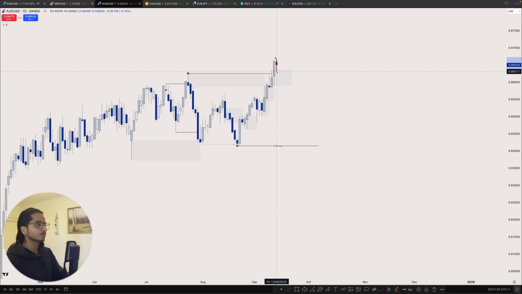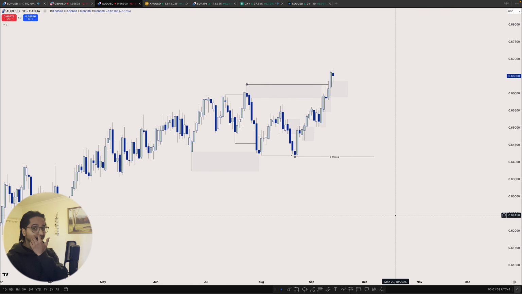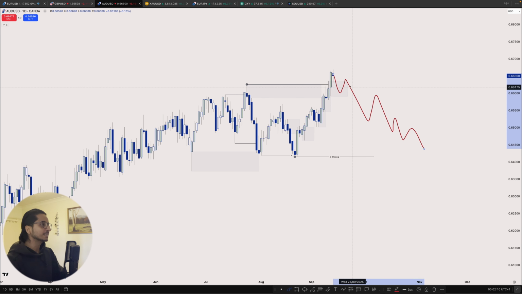We are pulling back correctively, fully expecting this order flow to continue, until and unless it does not. Fully expecting to play the buys, nothing else, because daily is not showing intentions to the bearish. If we had a clear interaction between supply and demand, and the supply had taken over, then maybe we could play the sells. But until we see this fill, I'm fully expecting to play the buys, nothing else.